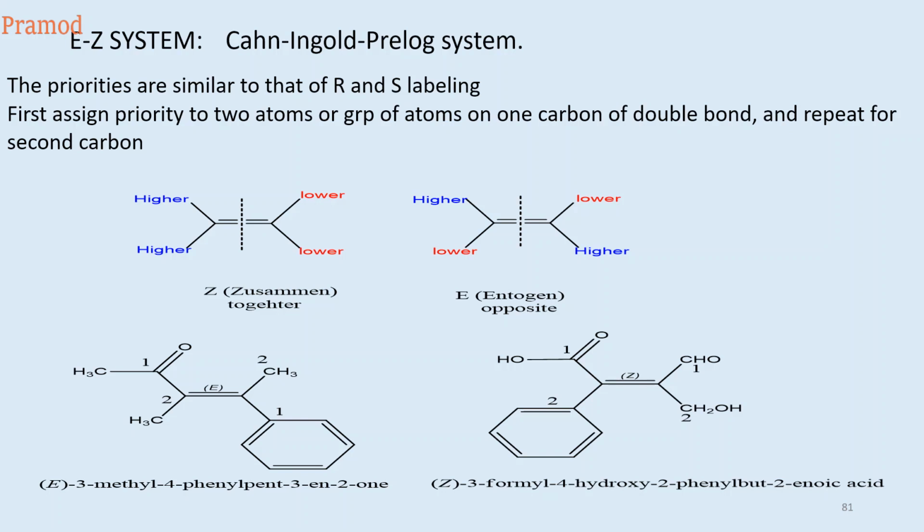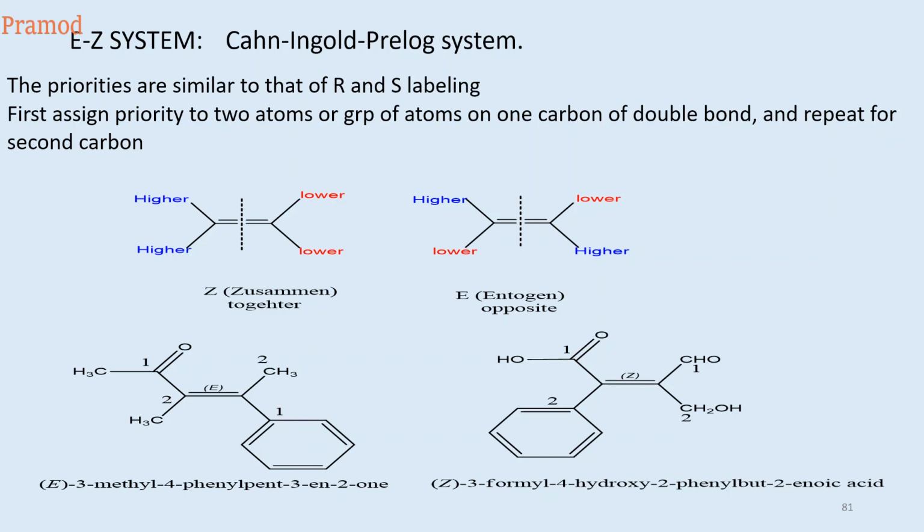Now if you see, in the present case, it contains a carbonyl group and a phenyl group. So the carbon is attached to what? Your double bond. The first carbon is attached to your phenyl. In phenyl it is attached to 3 carbons, whereas in the case of your carbonyl group, it is attached to 3 oxygens, because you are converting your double bond into equivalent single bonds. So 2 oxygens and a third oxygen which is connected to your carboxyl. That's why it is given first priority and second priority is given to your phenyl.